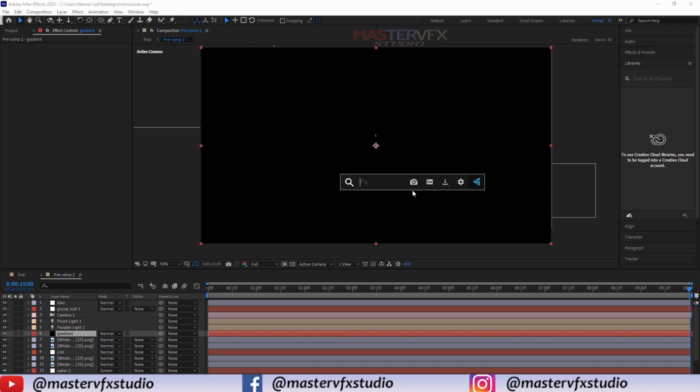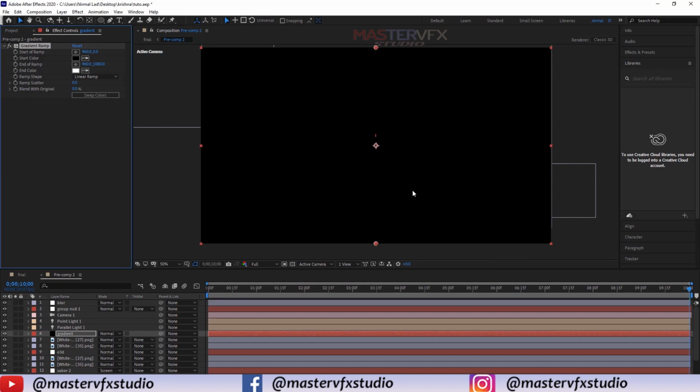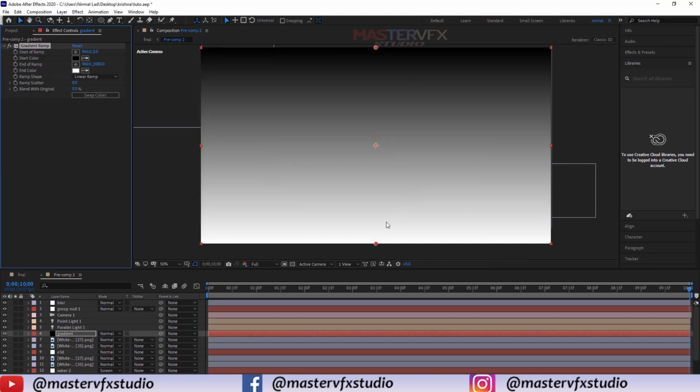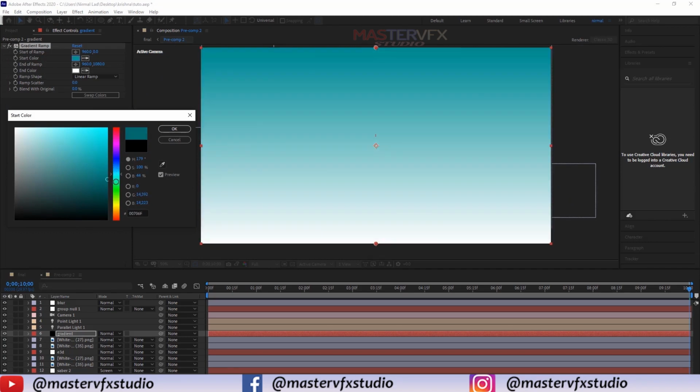Press Alt and Space, and type the gradient ramp effect. Here change the color of the gradient. For the start color I'll use a sky blue kind of color, and make the other one black kind of.